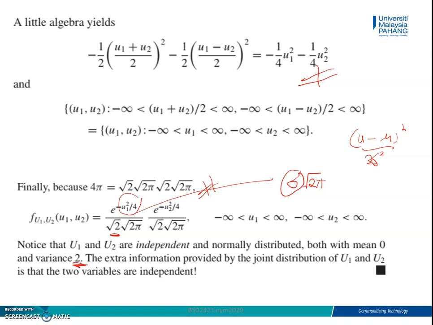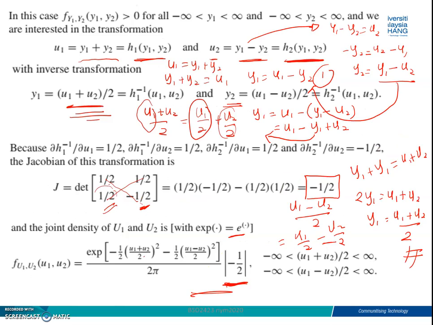Okay, so that's the example. You can try doing one exercise. The steps are similar to the univariate case, but instead of one function, you have two functions. The difference here is in the Jacobian part. But actually it's still similar